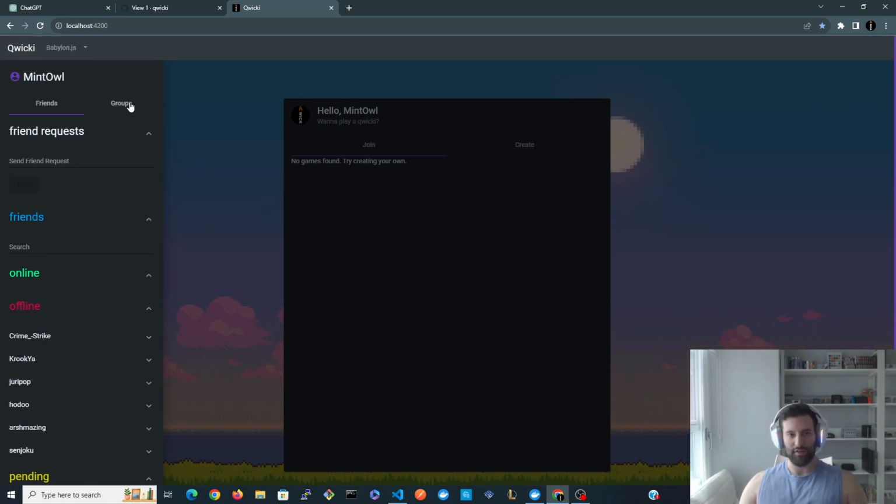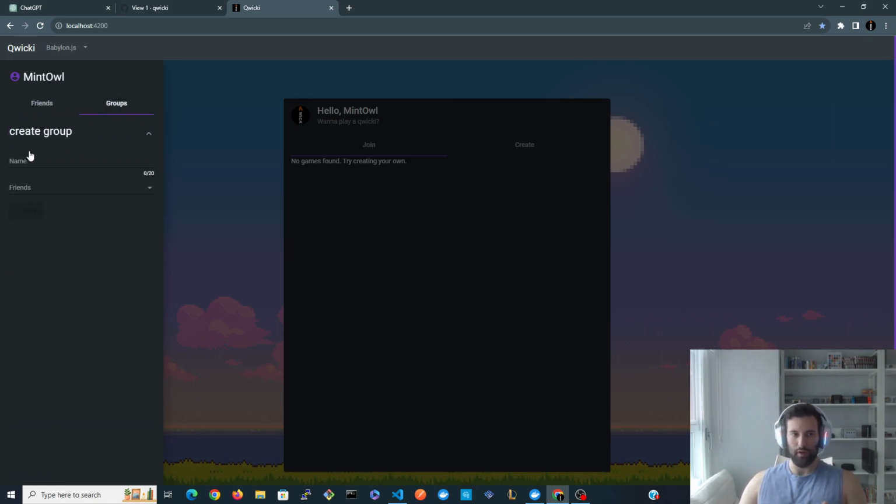But the change now is that there's going to be this groups tab, right? So you can go over to this, and it will automatically kick off with this create group functionality, which is in an accordion, so you can roll it up if you don't want to create a group. And the plan is to have all the other groups here, so group chats, so to speak. It'll just say groups and have a list of groups that you're a part of, and you could chat in them, and they're going to be group chats instead of the one-on-one chats,